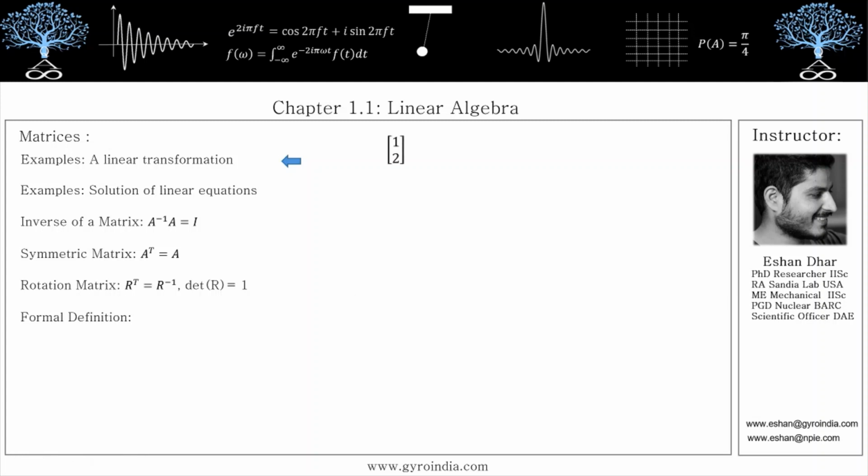Consider a two-dimensional vector. If we multiply this with a 2 by 2 matrix transformation, we get a new vector. One way to look at this operation is the column picture, in which the columns of this 2 by 2 transformation are vectors themselves, and by multiplication we mean a linear combination to get a new vector.